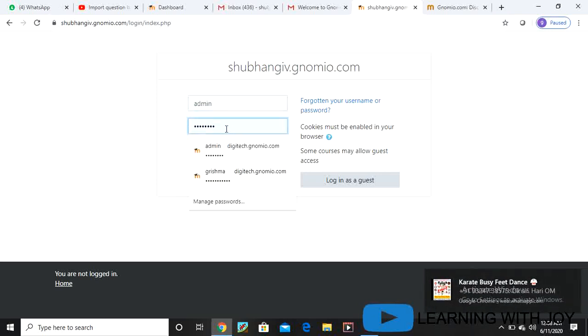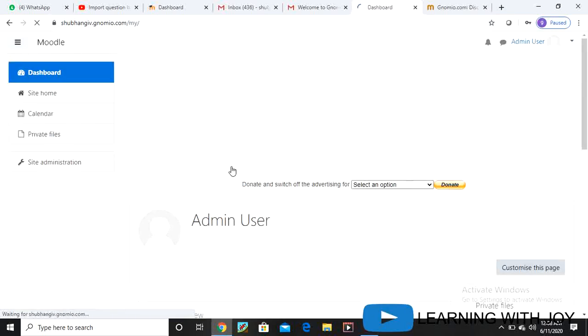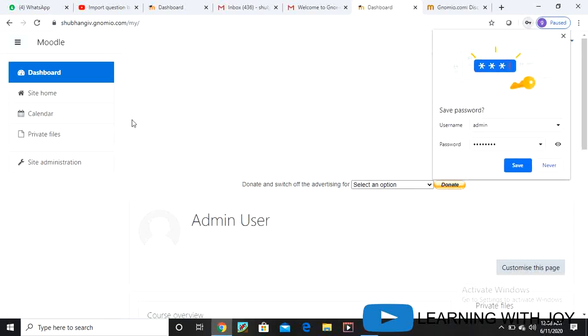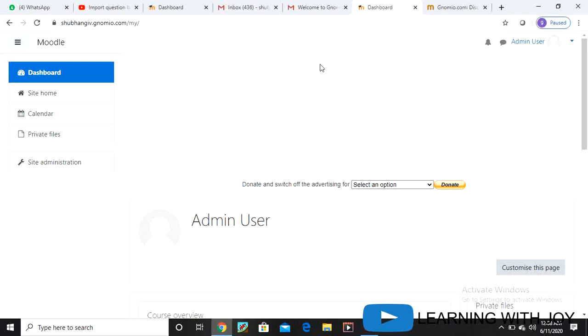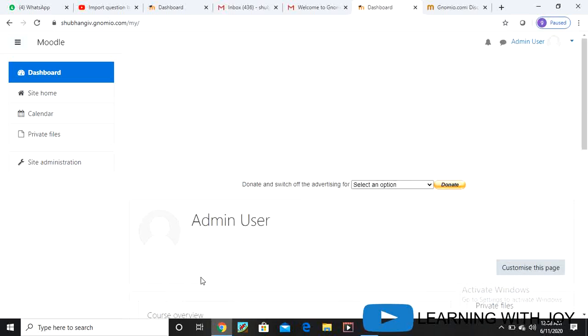Then we have to type the password. The first password is given by Genomio support only, so give it. So now we are inside as admin user, and we are at the site shubhangiv.genomio.com. Okay, as we have created this site new, nothing is present here in this site.